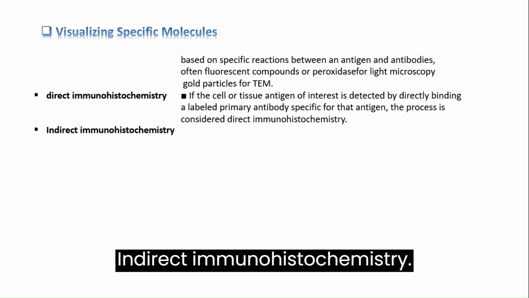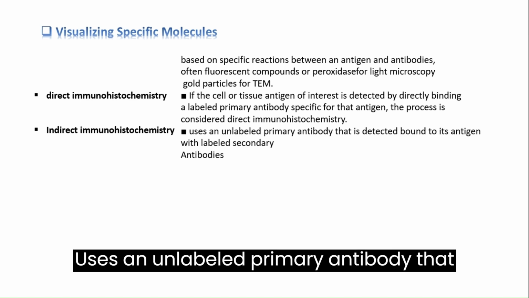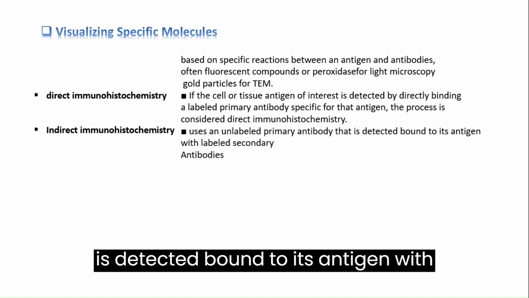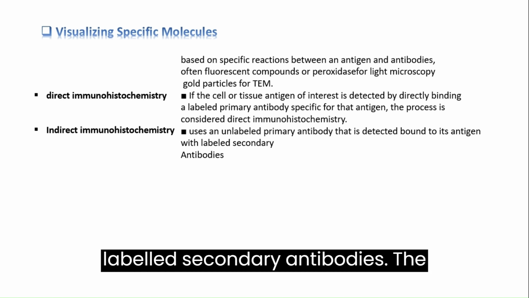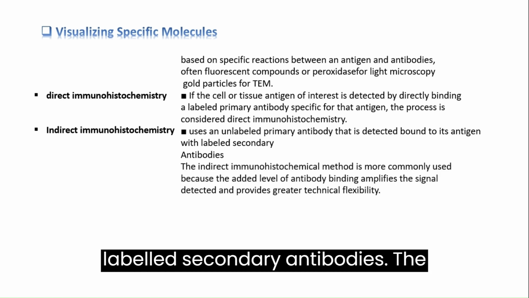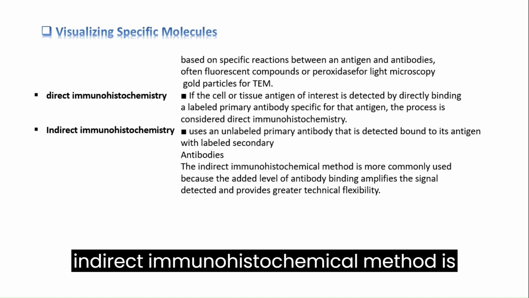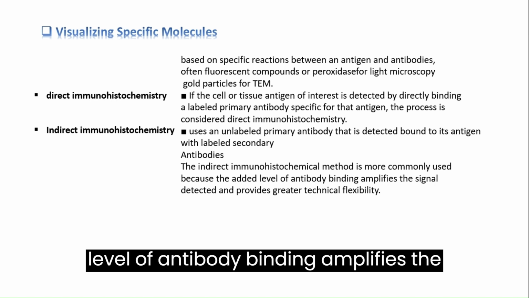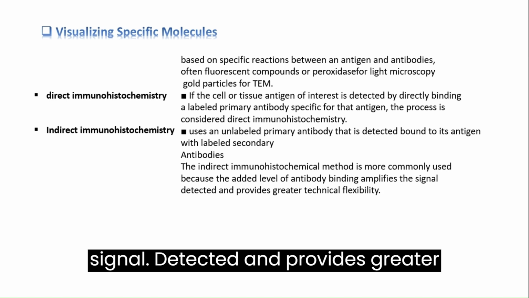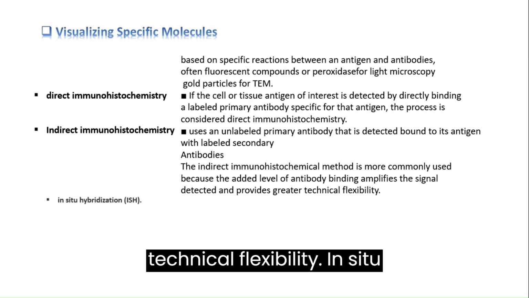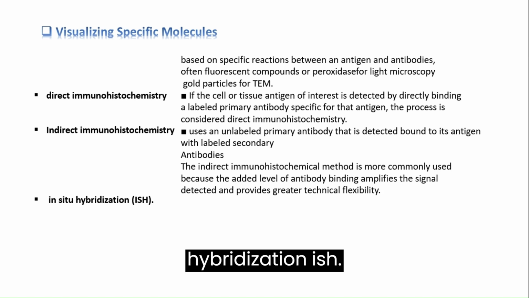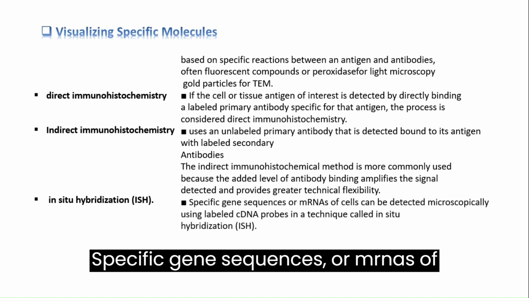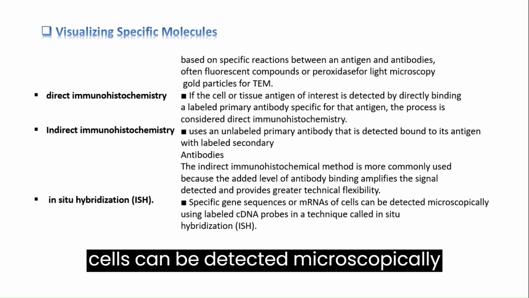Indirect immunohistochemistry uses an unlabeled primary antibody that is detected bound to its antigen with labeled secondary antibodies. The indirect immunohistochemical method is more commonly used because the added level of antibody binding amplifies the signal detected and provides greater technical flexibility. In situ hybridization, ISH. Specific gene sequences or mRNAs of cells can be detected